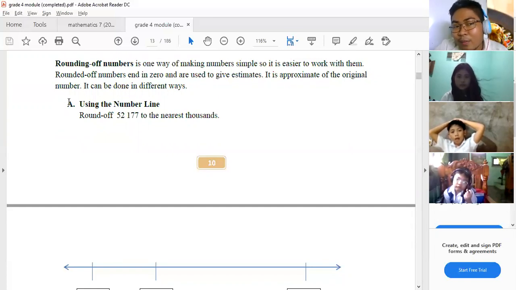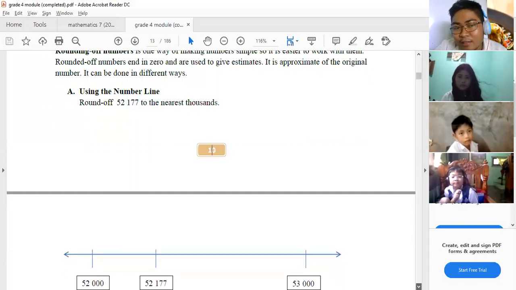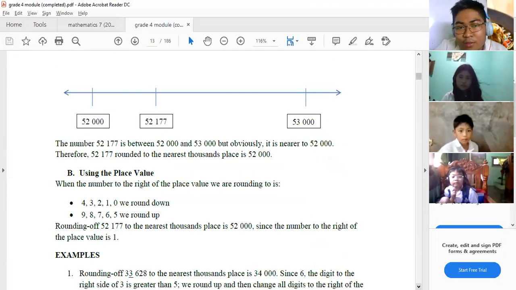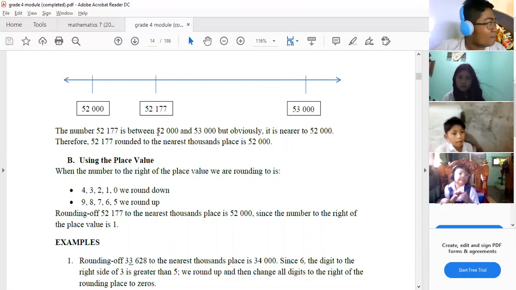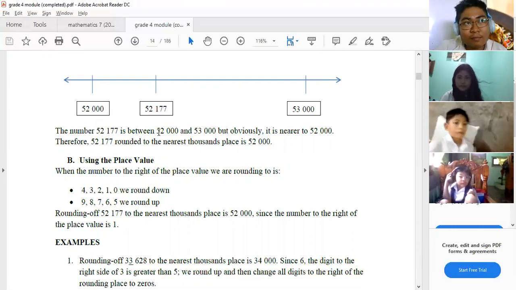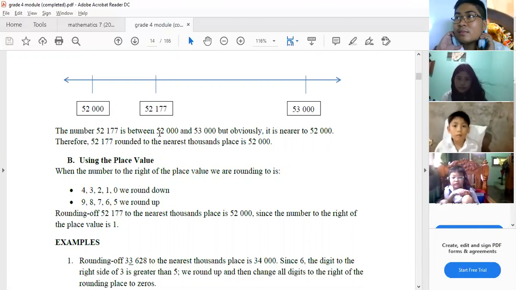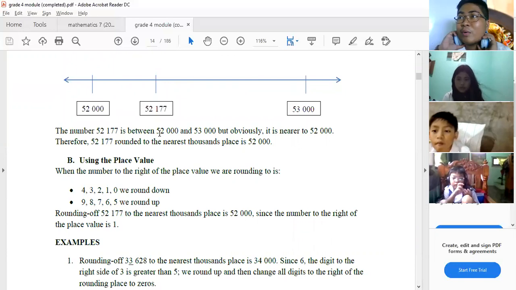Number 1 is using a number line. Let's try to round off 52,177 to the nearest thousands. The number 52,177 is between